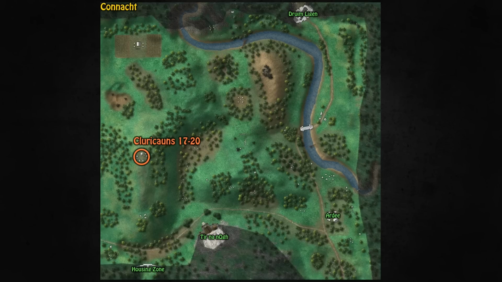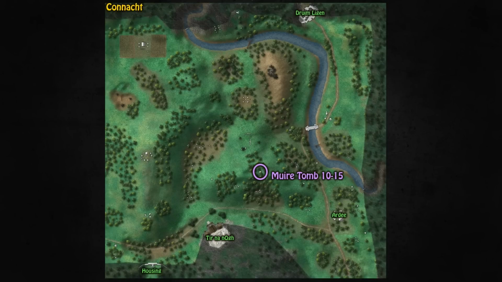I think the last level 19 to 20 you should absolutely go to the Spraggan Den, which is one of the dungeons, and we'll get to them now. While leveling up, you also have the choice of two dungeons. The first one being Muiratomb, which you can do from 10 to 15. However, I would not do Muiratomb in a group. I think Muiratomb is probably the worst dungeon for a group in the game, because there's a lot of linked